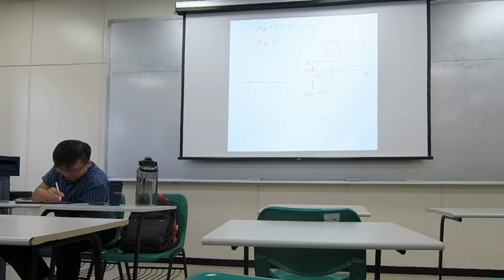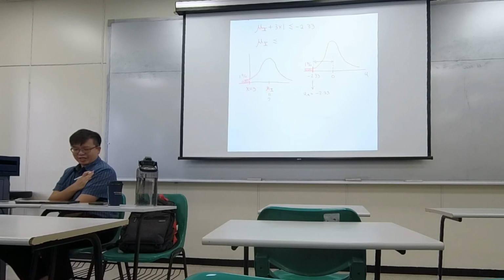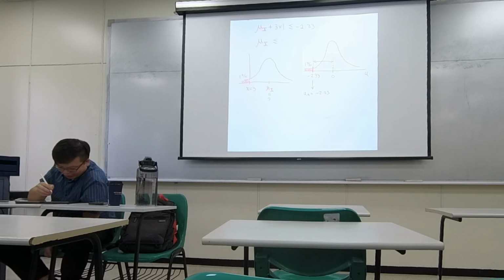Here is x equals 3. And this should be a good mu x. So here is 1%. So I'm looking for this mu x. At this particular mu x, the probability of x smaller than 3 now equals 1%, right? And if I convert,